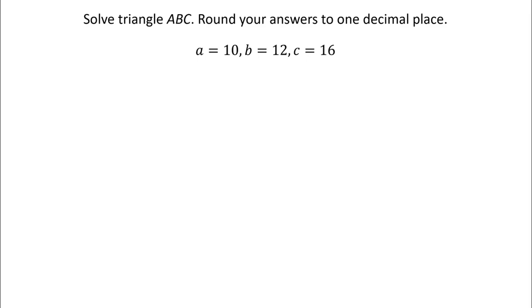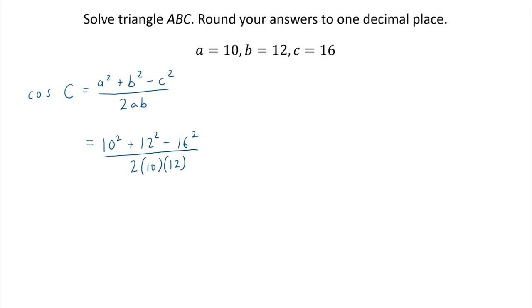We have to use the law of cosines to find the measurements of the missing angles. Typically, I like to start by finding the largest angle. Well, the largest angle is always opposite the longest side. So let's start by finding the measurement of angle C. To find the measurement of angle C, we'll use this version of the law of cosines,